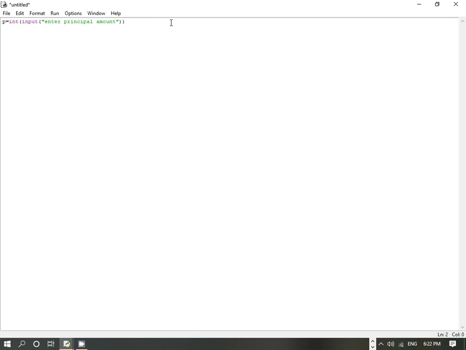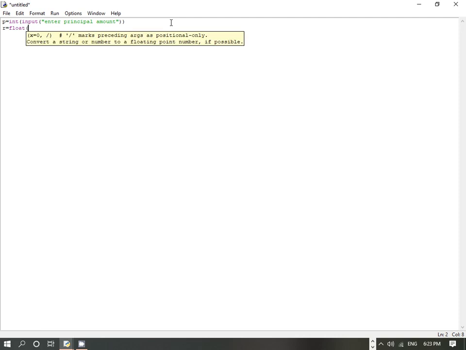The same thing we will write down for accepting rate and time from the user. So we write r equals to, now rate can be float, so you write float. Again input, this will prompt the user to enter a value, so enter rate.